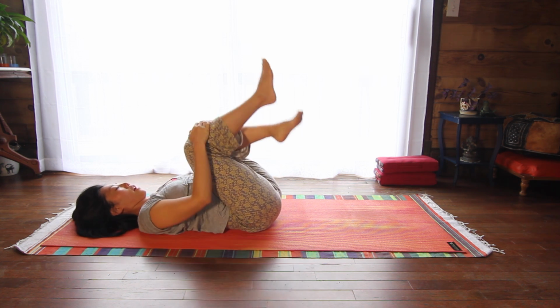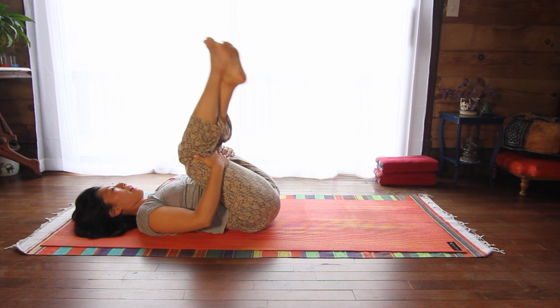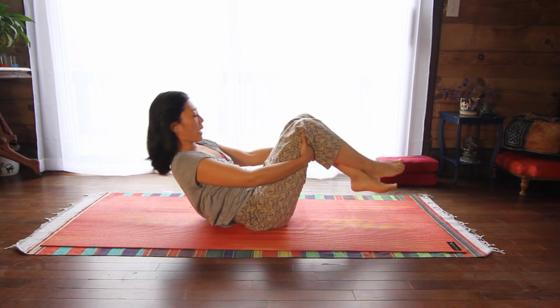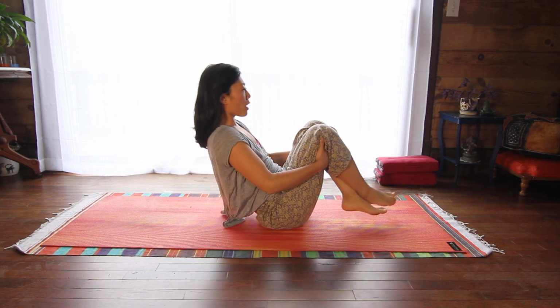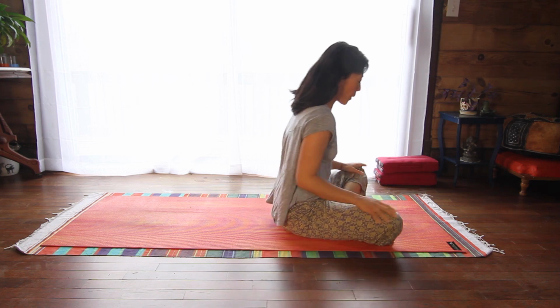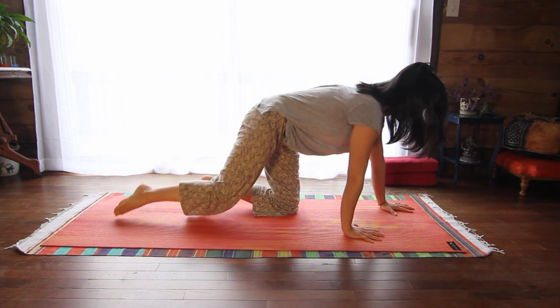And then maybe try crossing your ankles, bringing your hands to the back of your thighs, and you could try rocking forward and back. This might not feel okay for you, and then you can just go back to that first variation. Otherwise, taking another couple breaths here, eventually coming all the way up onto all fours, bringing your hands